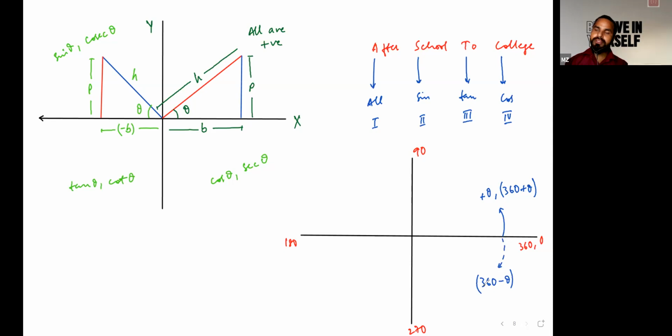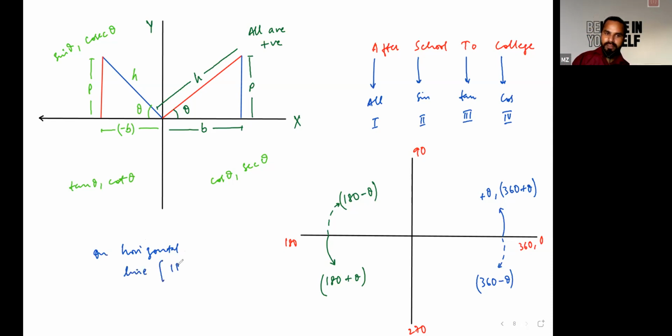So by notation, if you travel along the anti-clockwise direction, the angle will be positive, and if you move along the clockwise direction, the angle will be negative. Similarly, if you move along anti-clockwise, it will be 180 degree plus theta. But if you move along the clockwise direction, it will give you 180 degree minus theta. So on the basis of this horizontal line, I have drawn the angle for each different quadrant. So there is one rule on the horizontal line.